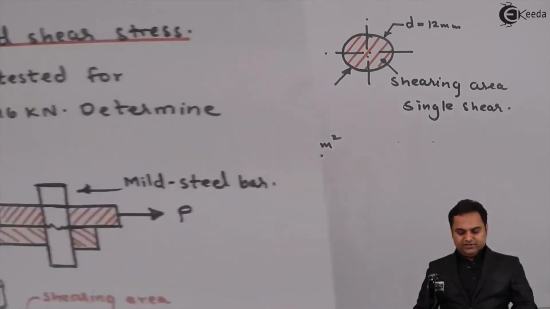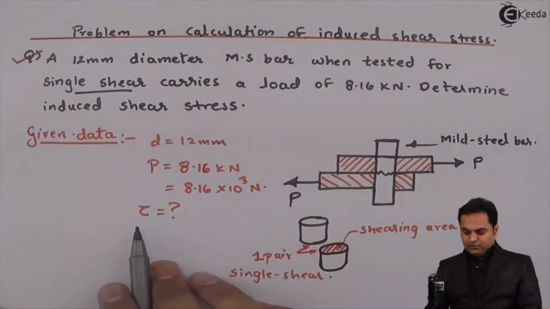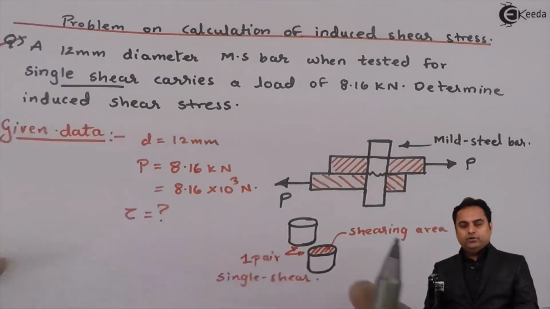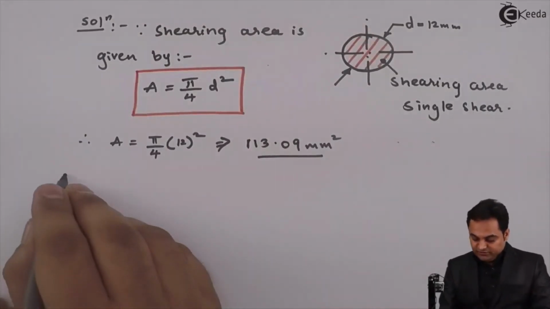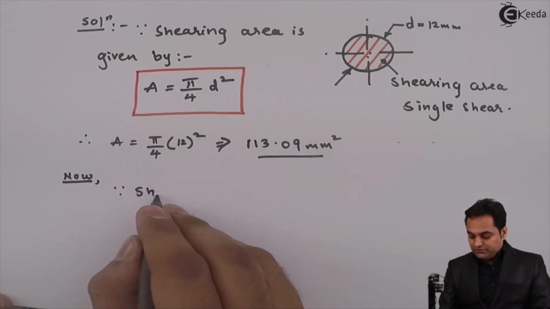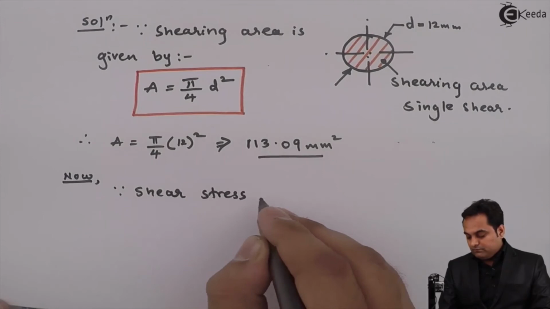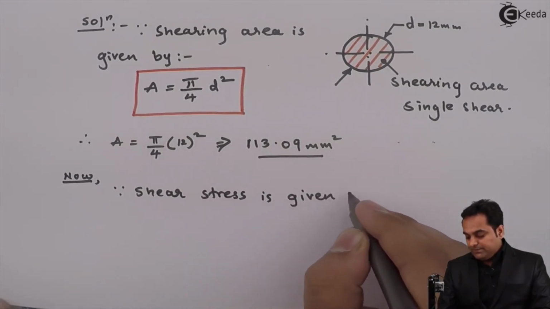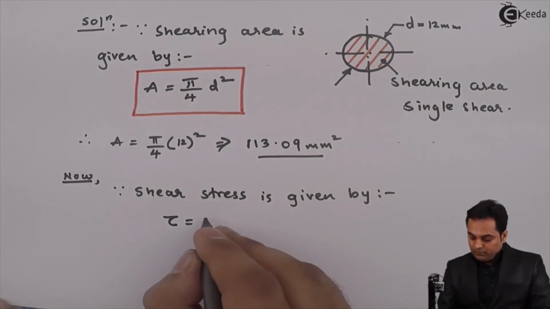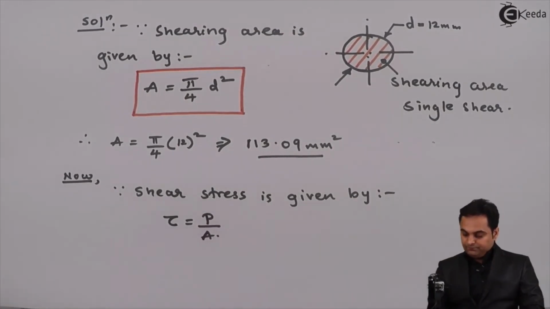After getting this shearing area, as the question is of stress, stress is load upon area. So I'll write down after this, since shear stress is given by tau is equal to load upon area,